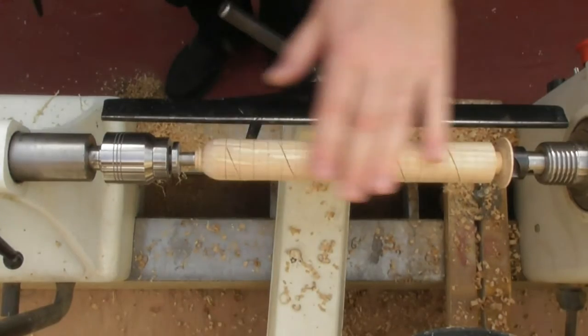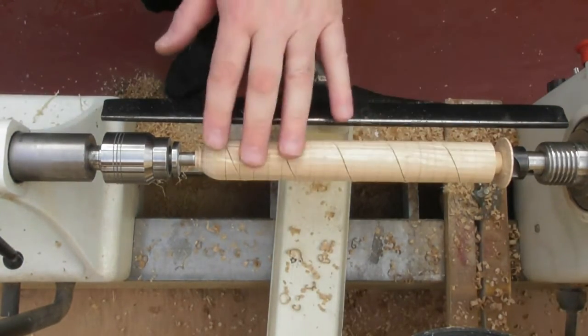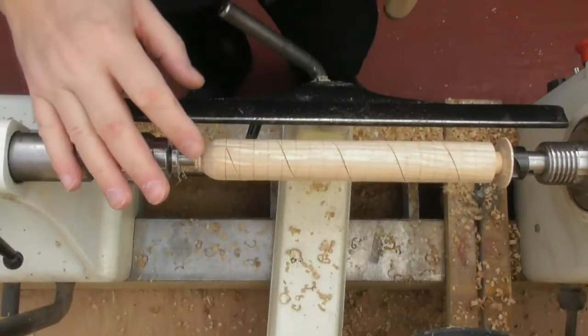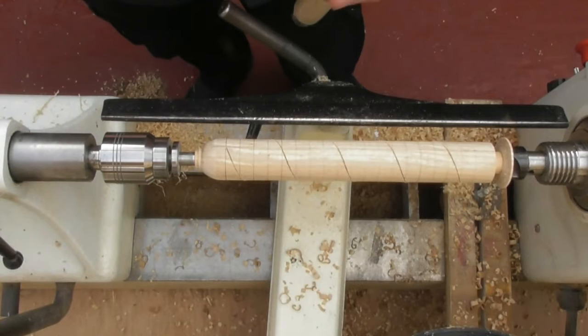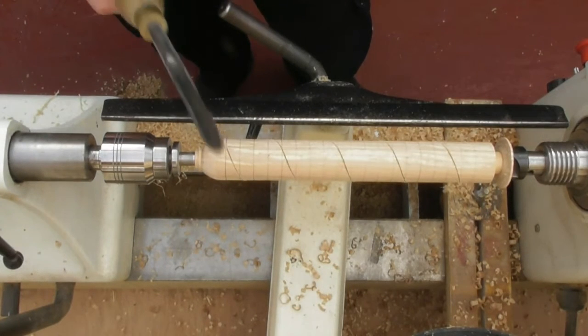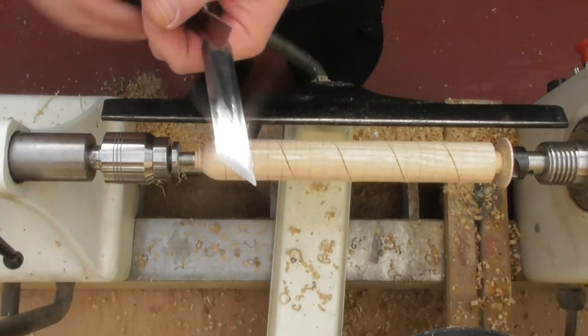There we go, we've now got a saw line all the way down there that whatever tool we use now hopefully is going to follow that line. Now the next thing to look at is tools, and we can use a variety of tools, it depends what you prefer. I've got a spindle gouge here, which I'll try in a moment, that's not too bad. I've got some other